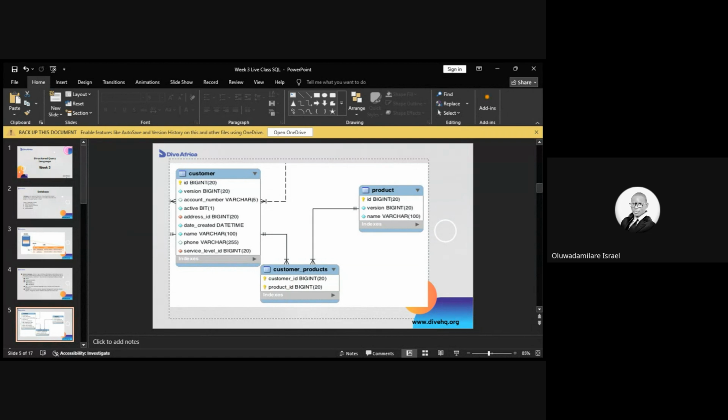Okay, so the table contains details, information about customers, say maybe of a business. So the information includes things like the customer account details, address, whether the customer is active, the date that particular table was created for the customer, the name of the customer, and I'm seeing something like phone and service level here, and honestly, I don't really understand what